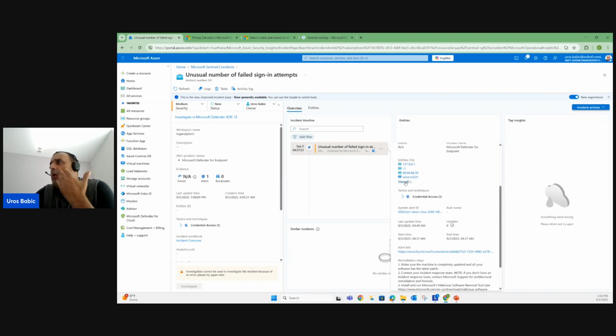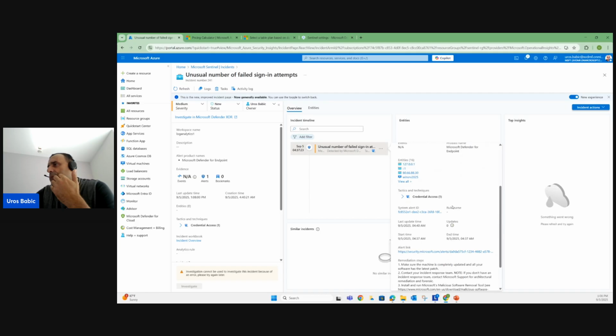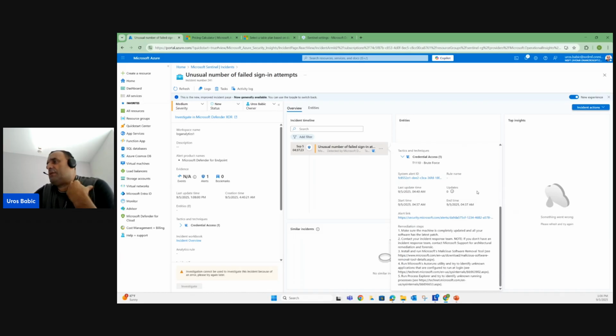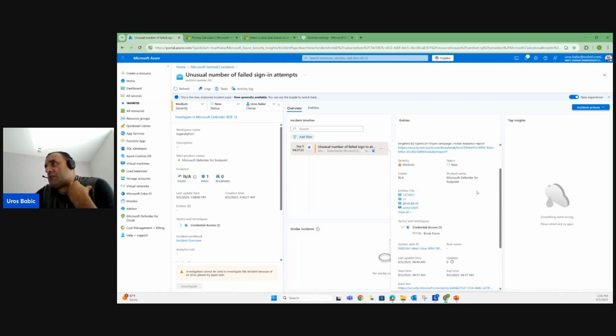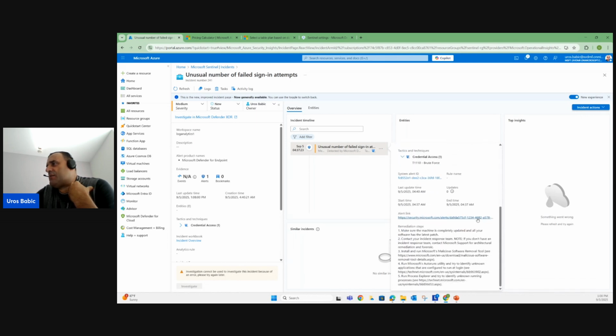I can view all my activity here, detected in the tactic, and that is a potential brute force attack for credential access and many other solutions, but everything I can resolve here